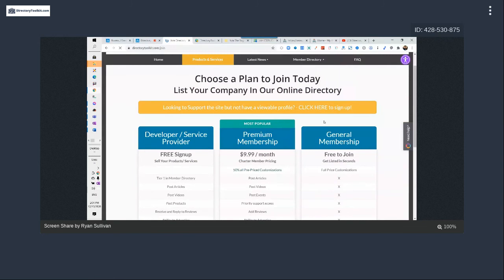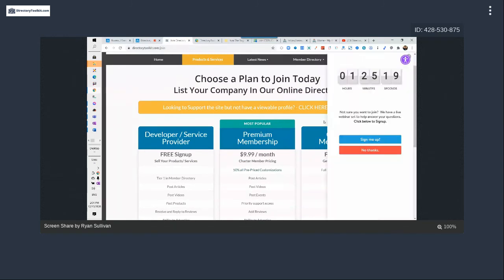So, for example, if they need some additional information, you can add tooltips. I added this one, a pop out from the side. Basically it has a notification that, hey, we're not sure if you want to join. We have a live webinar that's going to go in 1 hour, 25 minutes, right after I'm done with this